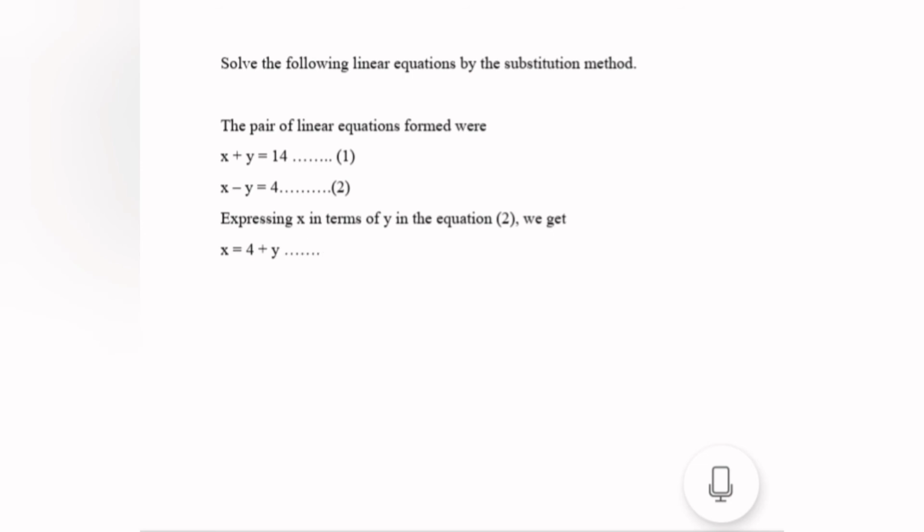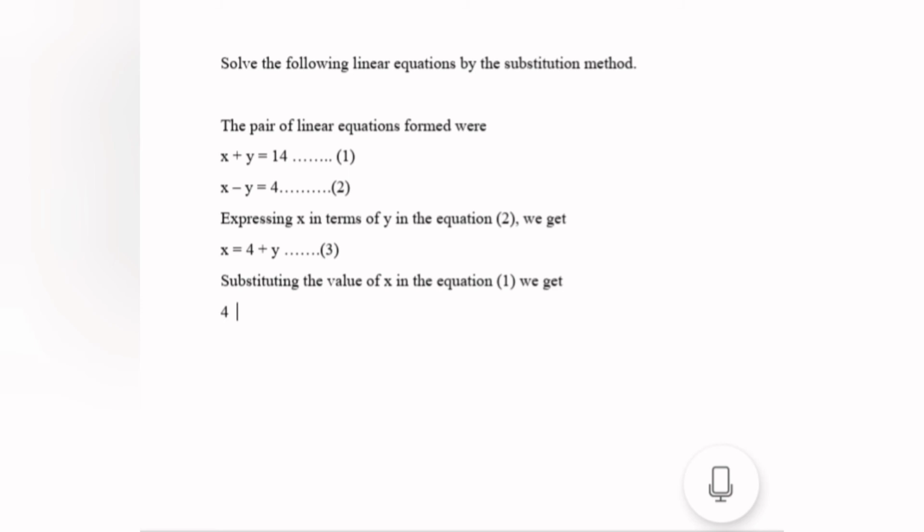Let it be equation 3. Substituting the value of x in the equation 1, we get